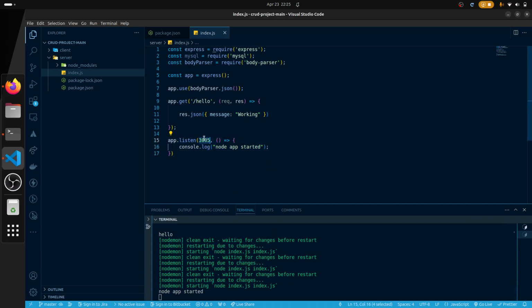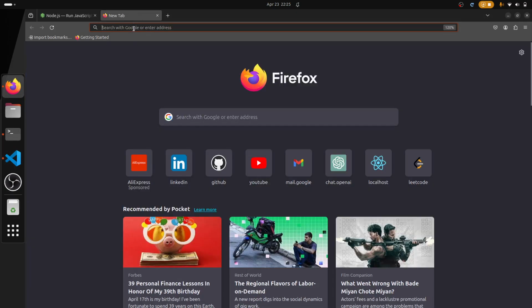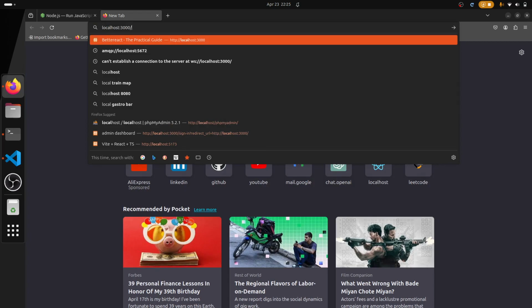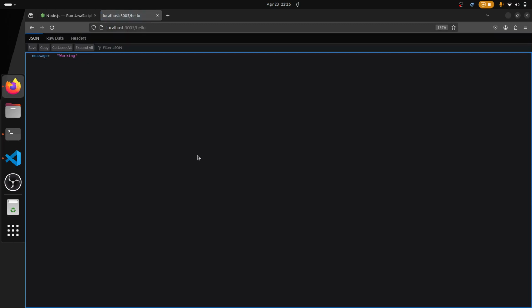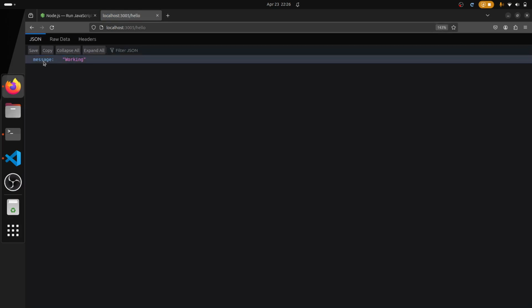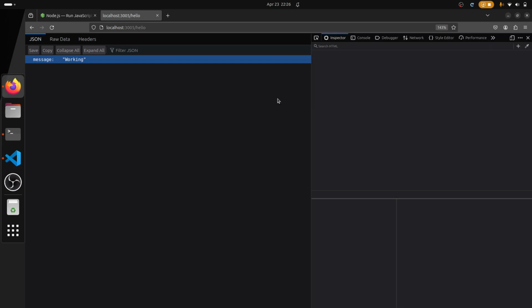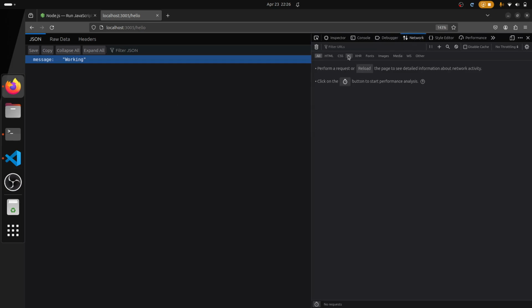So we will go and visit localhost 3005/hello. Okay, it is returning the JSON response, message working. Even if I inspect it in the network tab, it also shows as XHR. I'm using Firefox, that's why it shows XHR. If you are using Chrome, it will show fetch request or something. Okay, so if I refresh,